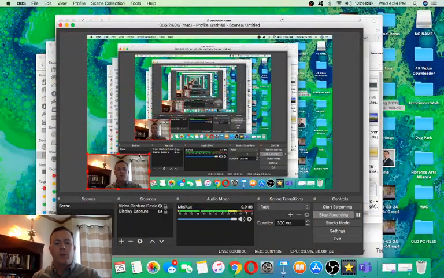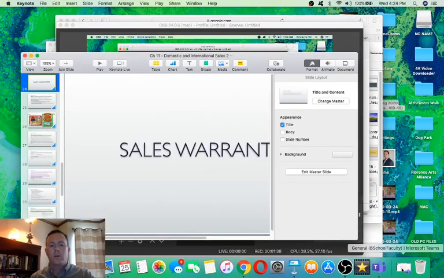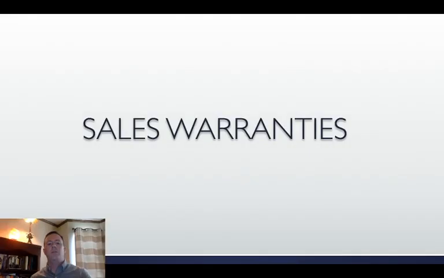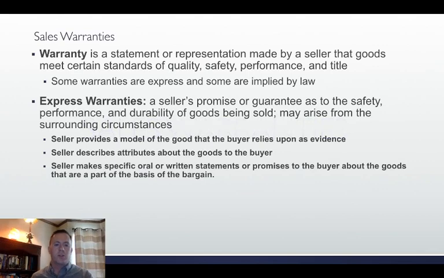So let's move back to our slideshow. Sales warranties is the second part of this chapter, Chapter 11, on the Uniform Commercial Code and the sale